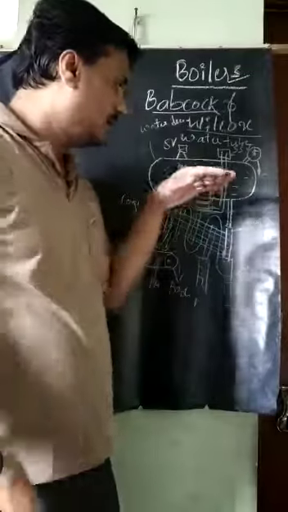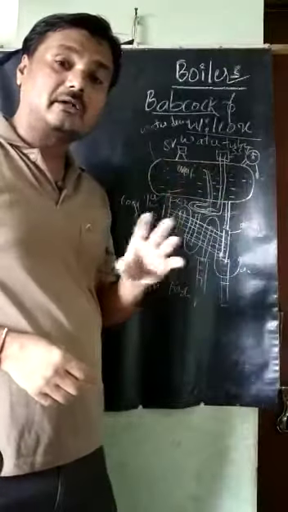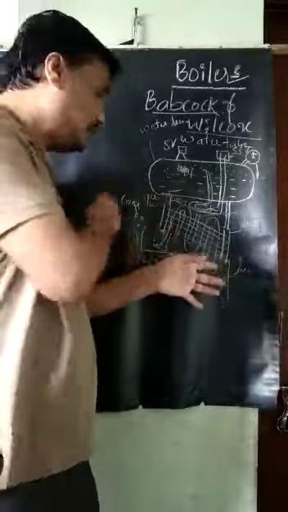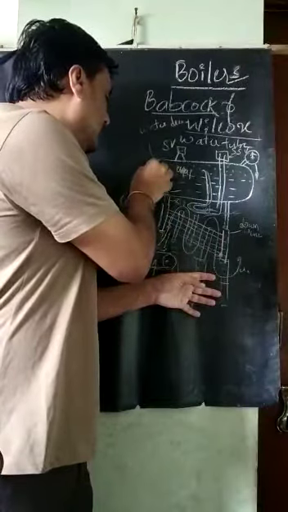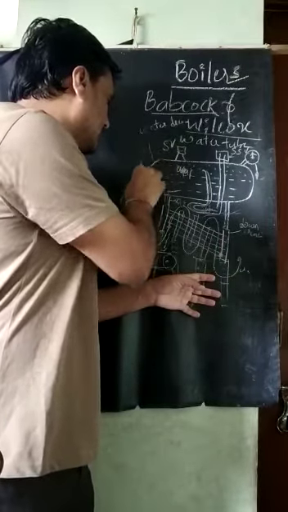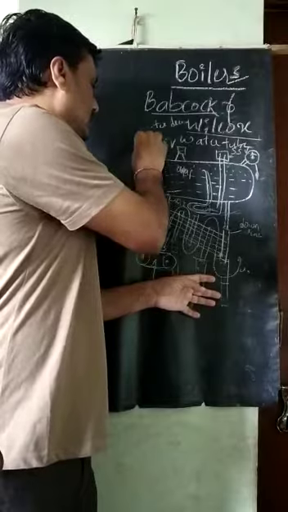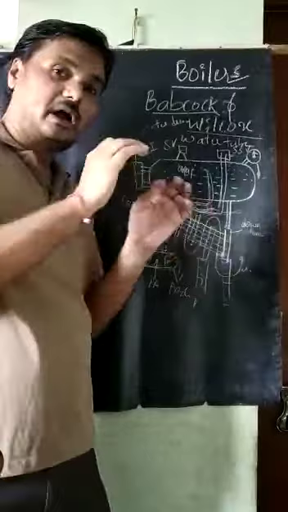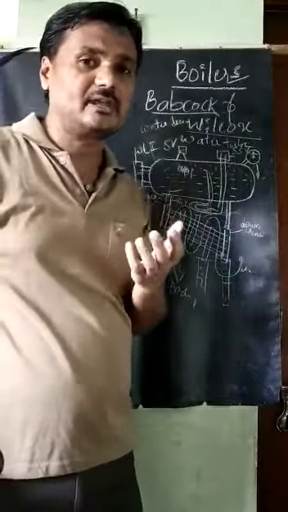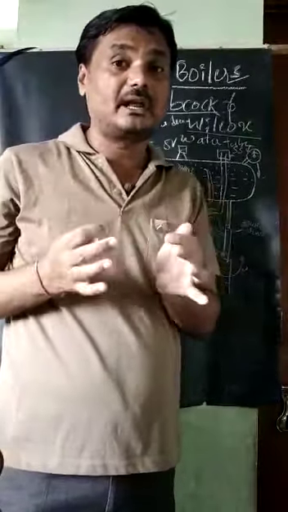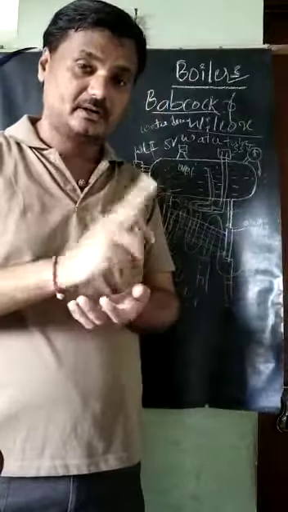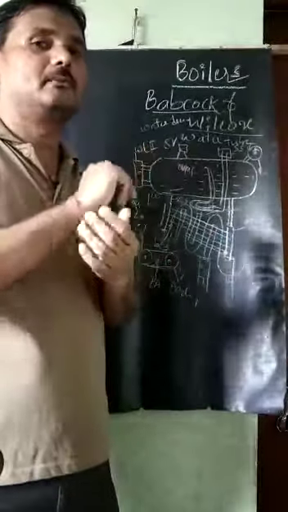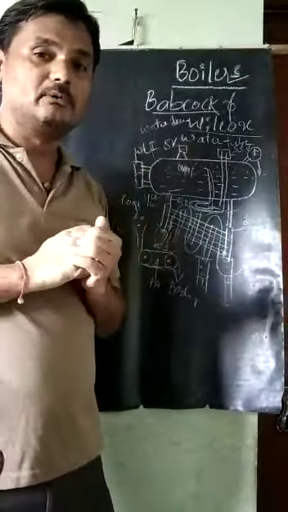As I have told, the water level in the drum should not go down. That level has to be maintained. That has to be observed. So therefore, here is the water level indicator. That water level indicator shows outside how much water is available in the drum. Just like how much petrol is available in the tank of our vehicle, how the needle shows how much fuel is available. Here also, how much water is available in the drum, this water level indicator shows.